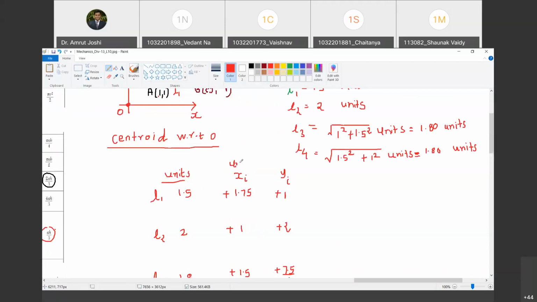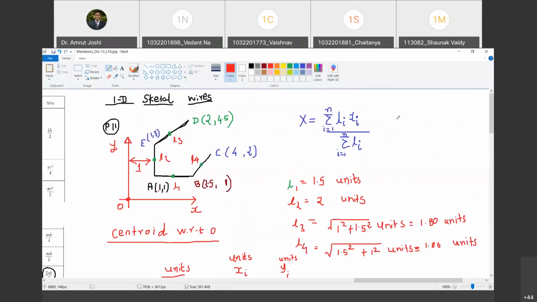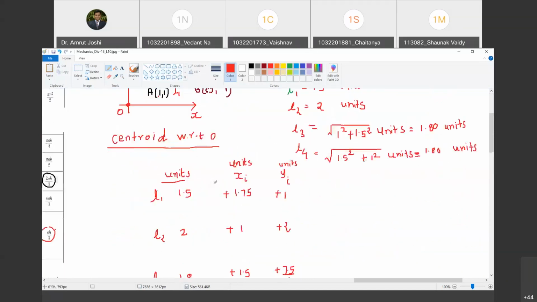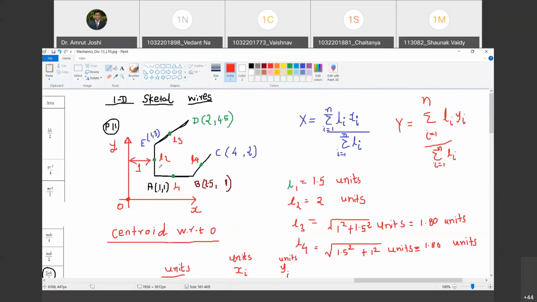And now you have Li, you have Xi, you have Yi. What is the unit here? Units. Are you with me? So it is in units. So can you find out now Li Xi, Li Yi, and can you find out X and Y? Yes, sir. How much is Y? Y is summation i running from 1 to n, summation Li Yi divided by summation i running from 1 to n, Li. Happy? Yes, sir. So I leave this job to you now as today's homework. You are going to do that, and we will stop here today.